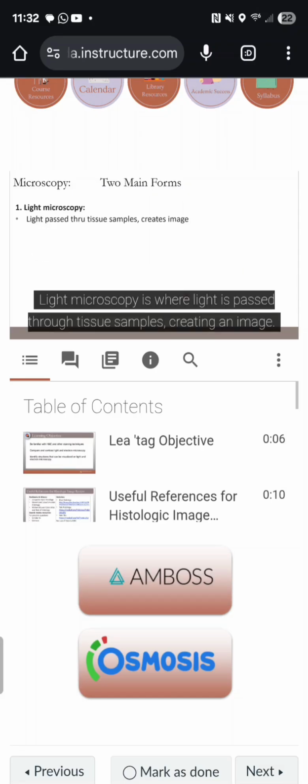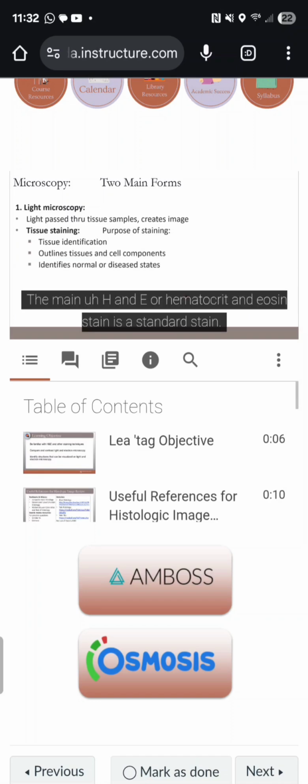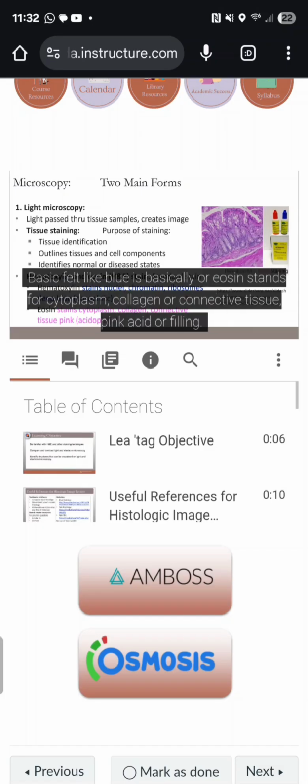Light microscopy is where light is passed through tissue samples, creating an image. Tissue staining: the purpose of tissue staining is to identify tissues, outline tissues and cell components, and identify normal or disease states. The main H&E, or hematoxylin and eosin stain, is a standard stain. Hematoxylin stains nuclei, chromatin, and ribosomes deep blue, basophilic; blue is basophilic. Eosin stains cytoplasm, collagen, or connective